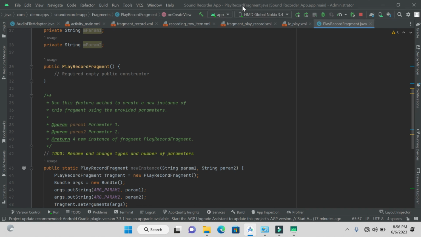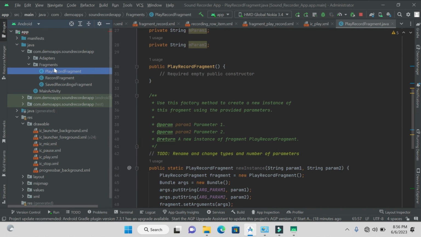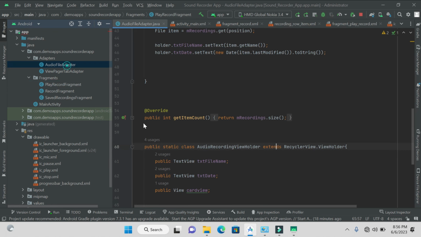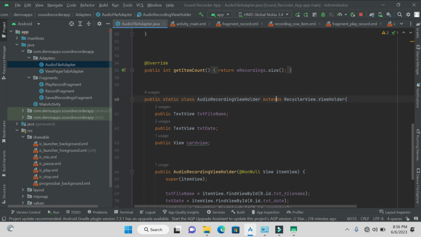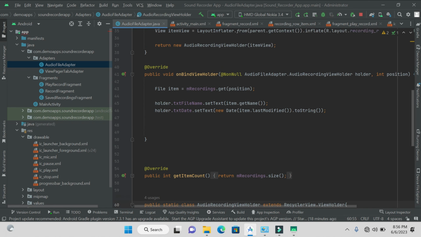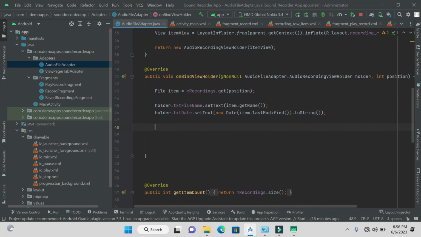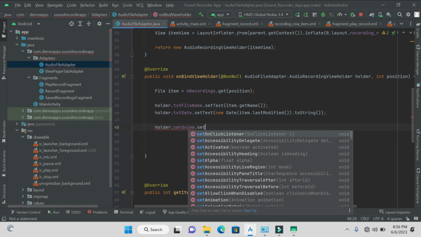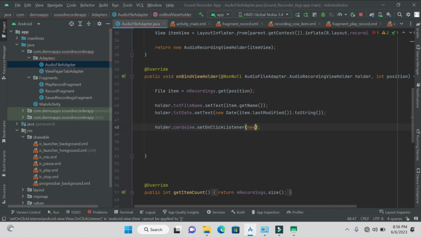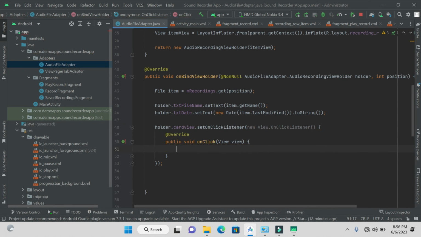I'll go into this audio file adapter, and then I'll come inside here. That's holder dot card view dot set on click listener, new on click listener. So inside here I'll play, what do we call, the play record fragment. Play record fragment. So record fragment, and then after that